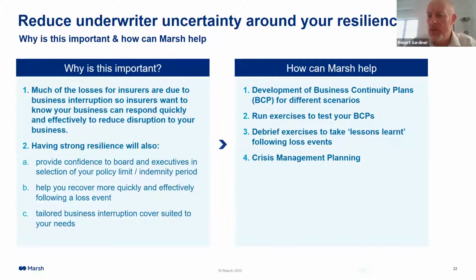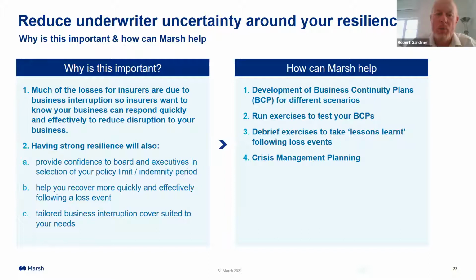as we talked about, ensuring that the BI declared values are fit for purpose and appropriate to the policy. Ultimately, it's about developing excellent business resilience within the organization, not only because it's good corporate governance, but because it can support the determination of the BI program. So what BI limit and indemnity periods should we actually purchase? Where we have a tried and tested business continuity plan with excellent business resilience, that can drive us to potentially buy lower limits and ultimately save us money. Conversely, where there isn't sufficient redundancy and resilience in the business, that will potentially drive us to develop and expand our program moving forward.